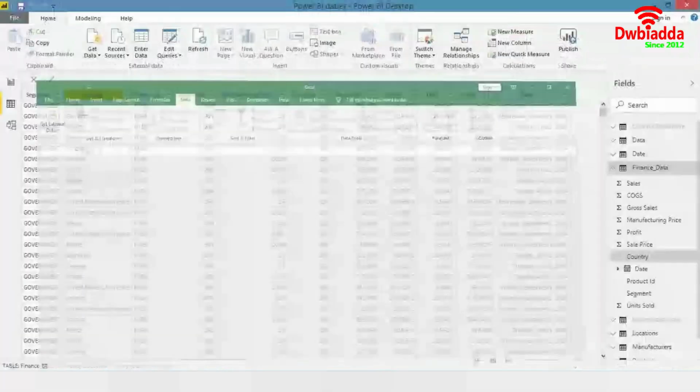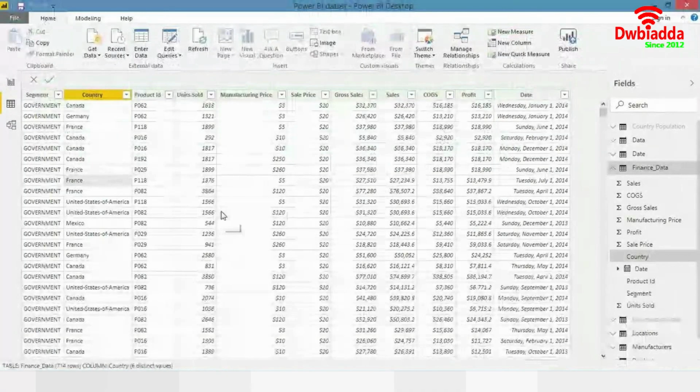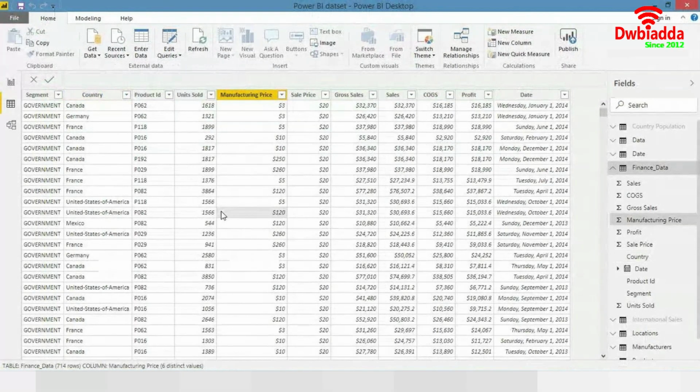All right, okay. So the query editor part is more or less done. There are definitely more and more transformations that you can do to the data. In the interest of time, we'll have to restrict it to this only. So probably we can do a couple of sessions on that later on.